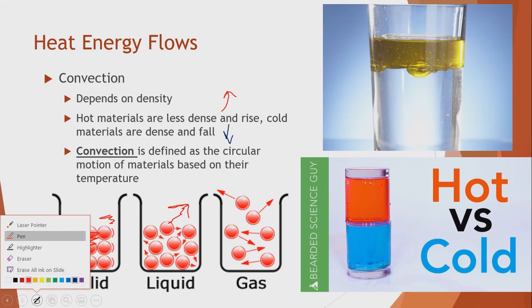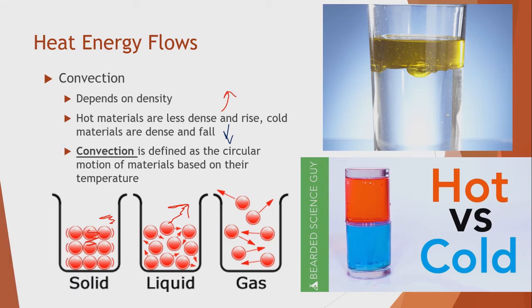And in our little diagrams here on the side, I think we're kind of used to thinking something like, if you put oil and water together, the oil will be on top of the water because it's less dense. The same thing happens with hot and cold. So if you put a hot liquid on top of a cold liquid, the hot liquid will go to the top because it's less dense. So it will rise to the top.